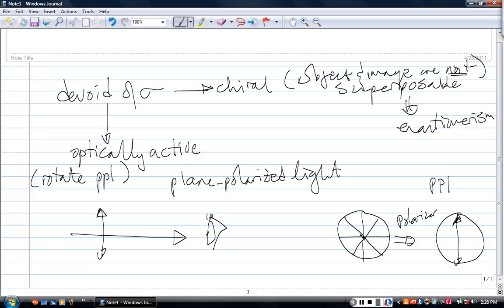Now, it turns out that polarized light, or plane polarized light as it's called, is able to interact with matter, with molecules. And of course, light interacts with molecules in lots of different ways, right? Light can be absorbed, light can be reflected, light can be refracted, and so on, by matter. But it turns out that plane polarized light, when it impinges on a molecule, undergoes a rotation. Now, it's important to realize that regardless of what the molecule is, when plane polarized light hits the molecule,